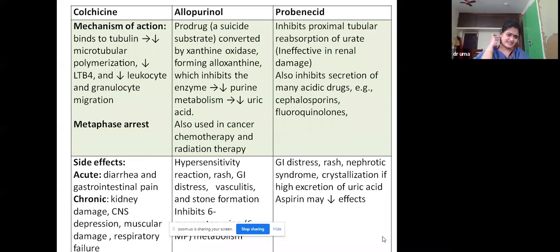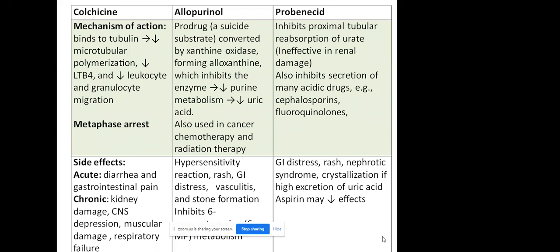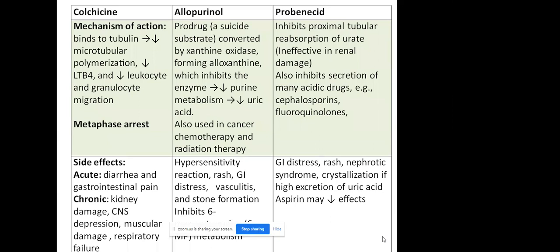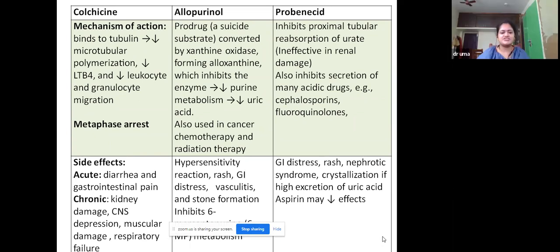The drug colchicine is mainly used in acute gout. The mechanism is that it binds to tubulin and prevents the tubulin polymerization. They cause metaphase arrest. The most important, most limiting side effect of colchicine is diarrhea. Chronic adverse effects are kidney damage and muscular damage, and death occurs mainly due to respiratory